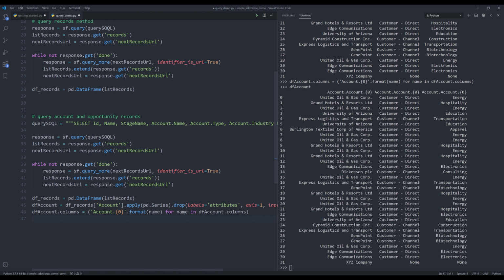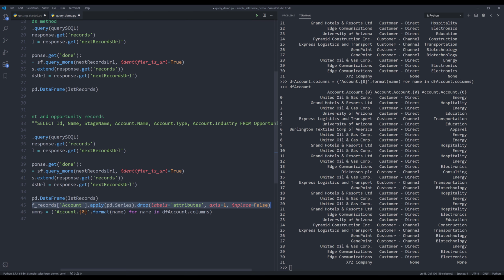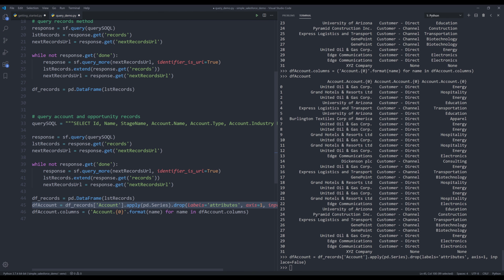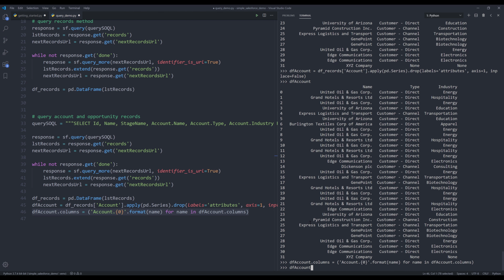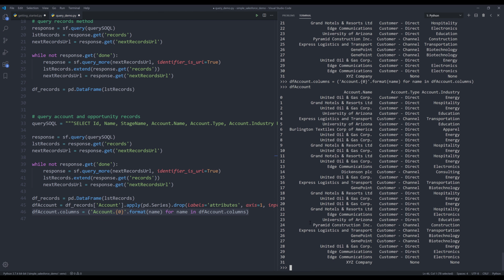So let me recreate df accounts. Okay, now if I run line 46 and print the df accounts object,